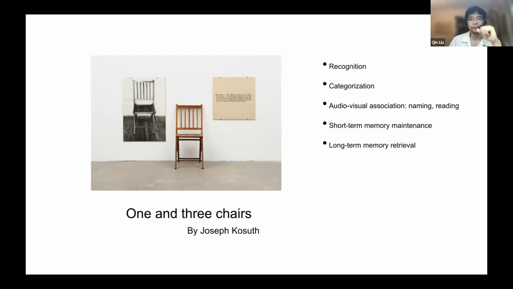Whenever we perform a very simple activity, for example, just looking at that chair, we actually utilize a lot of complex brain functions. First of all, we need recognition. We see that chair, and then we recognize, okay, this is a chair. And then we utilize the function of categorization. We know obviously it's in the category of chair, and we also know what type of chair it is. Is it a big one? Is it a new one? So we performed categorization already.